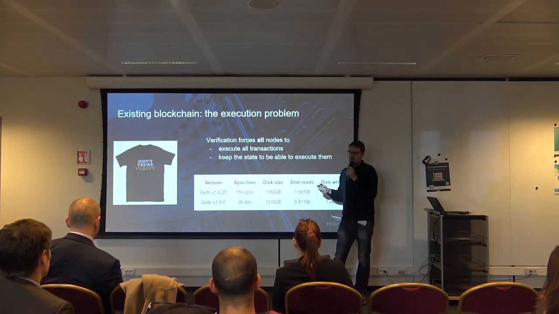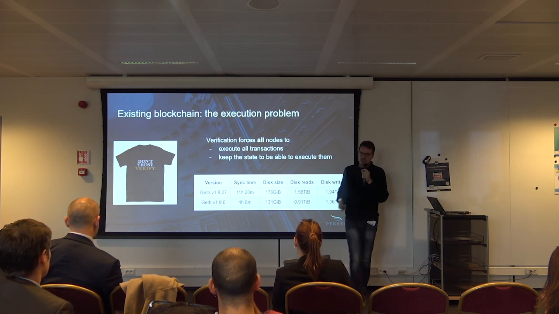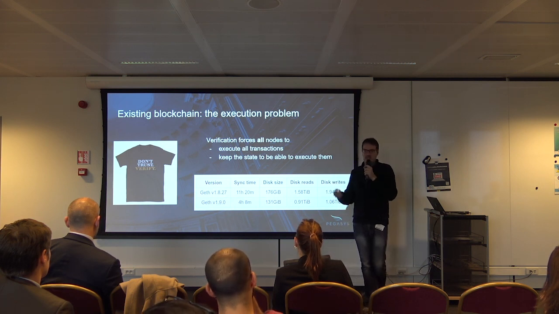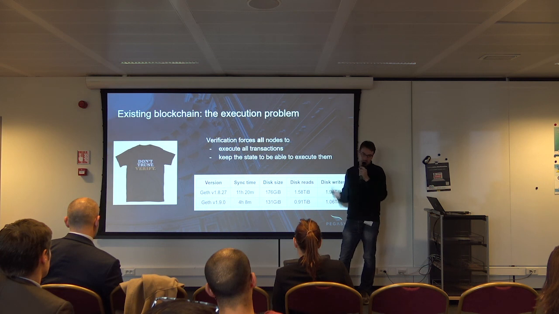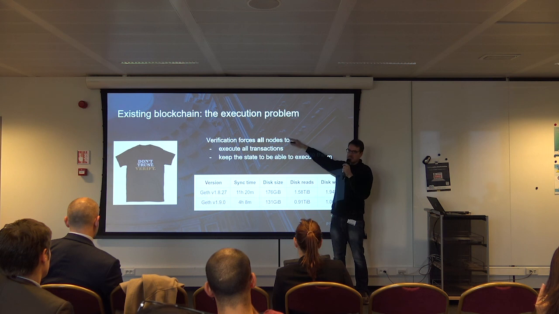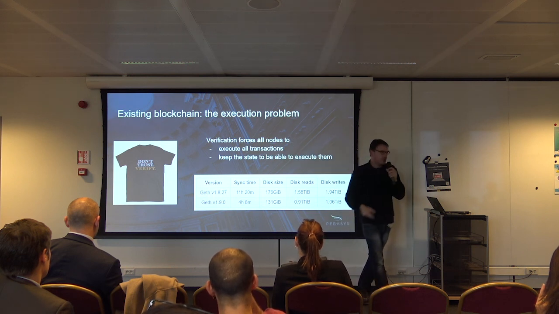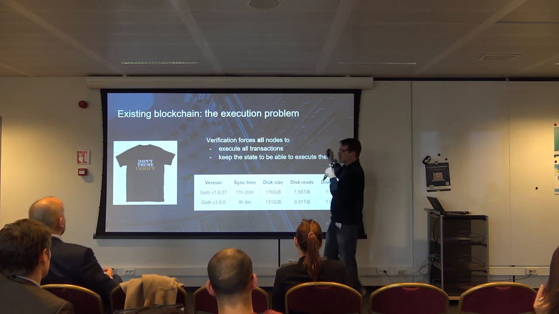You don't trust the miner, so the miner is going to send you a block, and the block will contain transactions, and you're going to re-execute the transactions in this block to check that the miner is not lying to you. And to do that as a simple node, you need to execute all these transactions, and you need to have a state for all these transactions. So if you have 1 billion users on your blockchain, a node needs to be able to store the data for 1 billion users. If you have 10 billion users, 10 billion users' data.